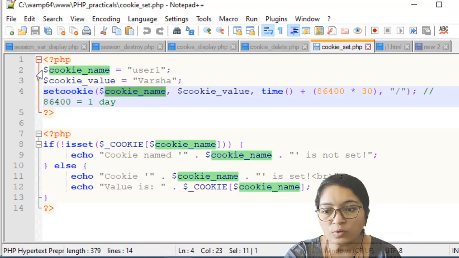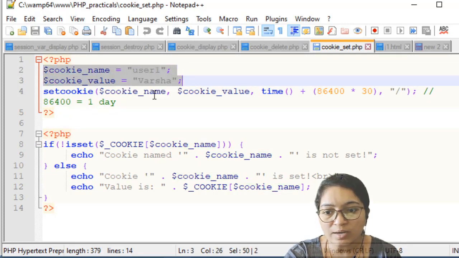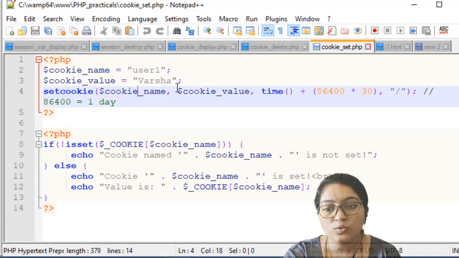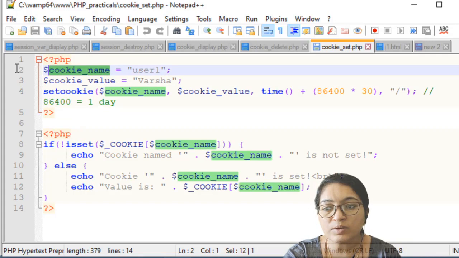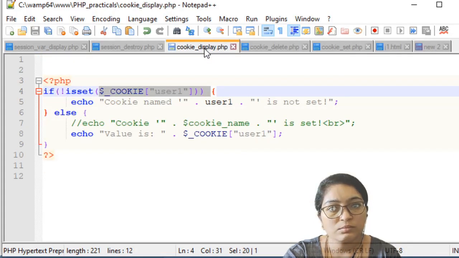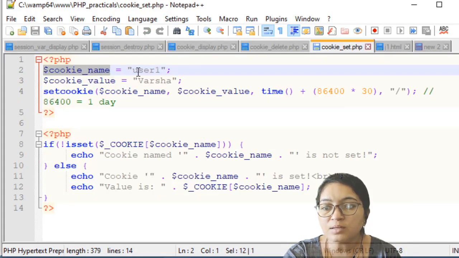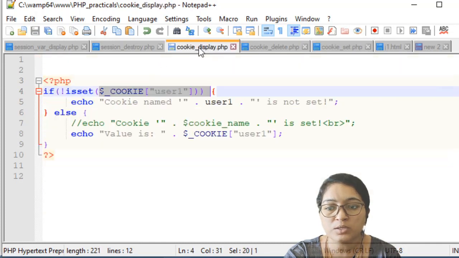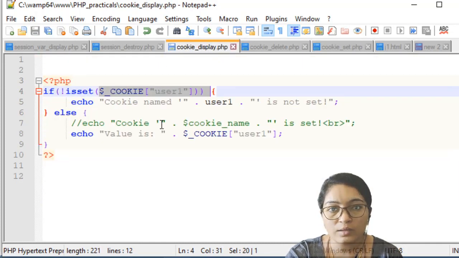If you don't want to write it this way, you can directly write the username user1 and here your value. You cannot access this variable in this page, but you can access user1 in this page. Why? Because it is a global associative array, that's why.